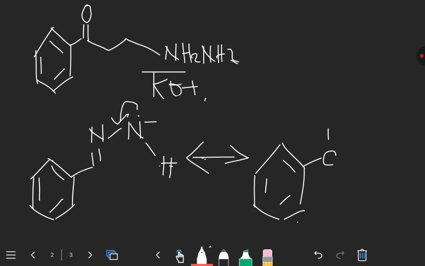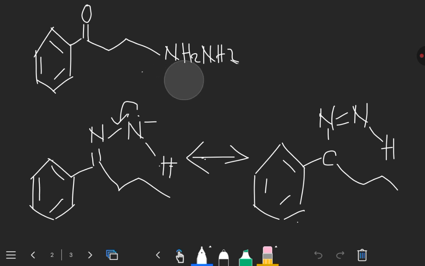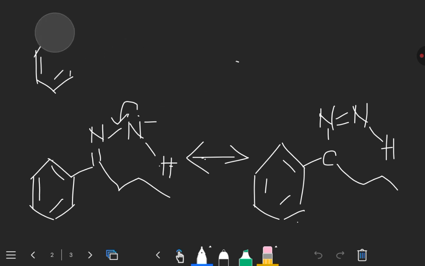Okay, so we can have a nitrogen layer with a bond. Then we have a hydrogen like that. Okay, so we shouldn't forget that there is this group like that. Okay,